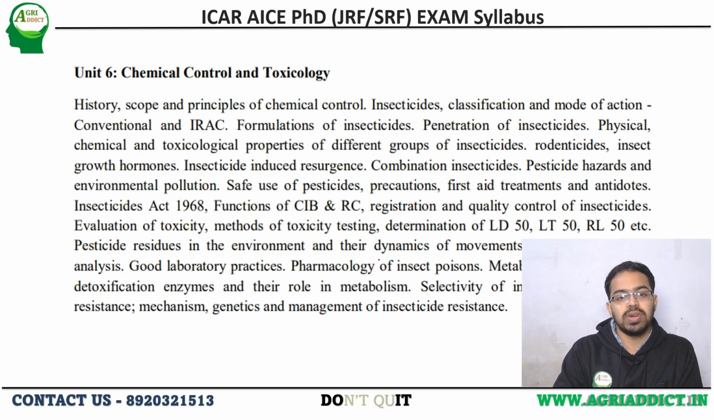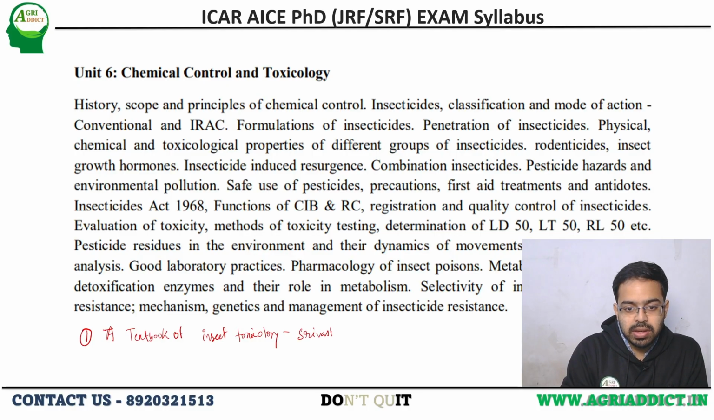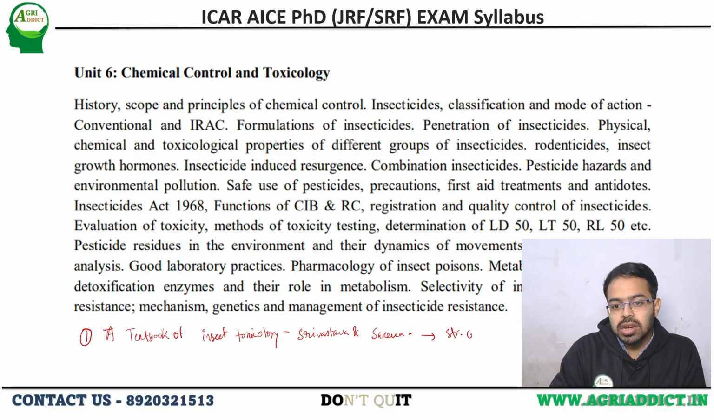Next, another important chapter is unit 6, that is chemical control and toxicology. For this, many things are there. You need to read a specified book, that is a textbook of insect toxicology by Srivastava and Saxena. So here in this book, you need not read the structure of different compounds. You need not read this, but all the other chapters you should read to have a very clear cut